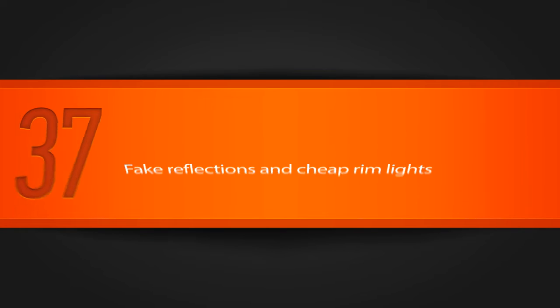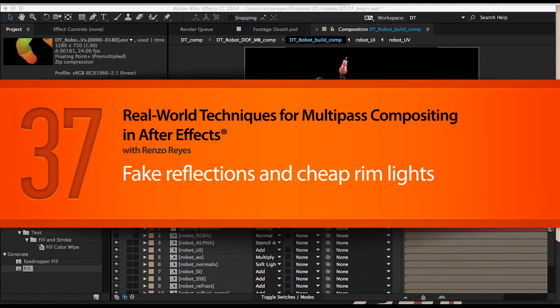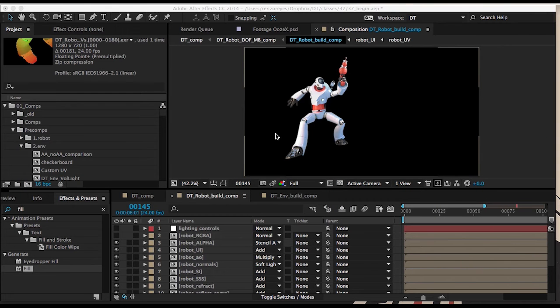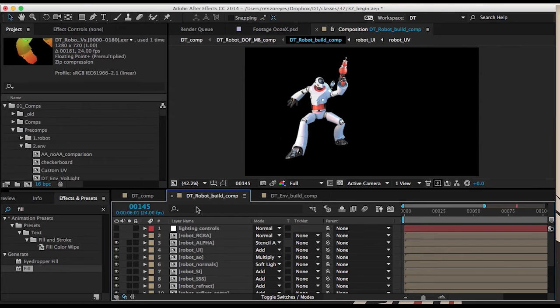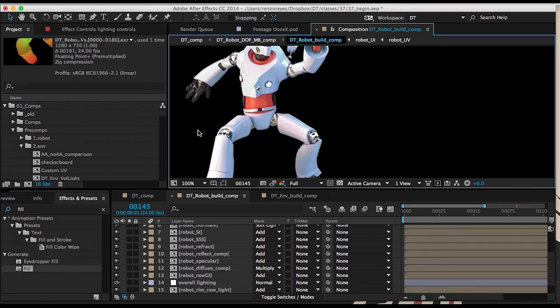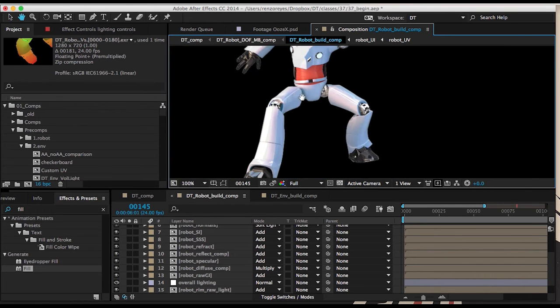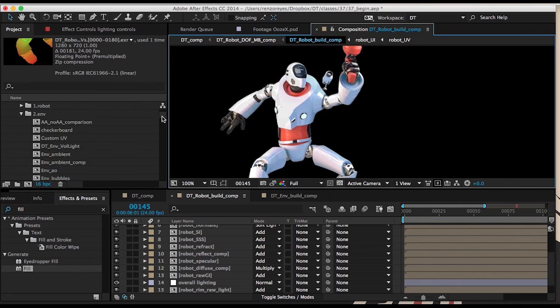In this lesson, we're going to look at creating fake reflections using our normal passes and also different ways of creating rim lights, whether it's Fresnel or using our normals. So let's get started. Let's go into our robot now, and we're going to create the illusion that the text that should be on the right side is being reflected on our robot,